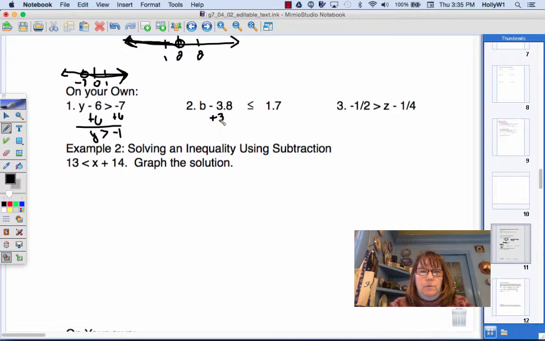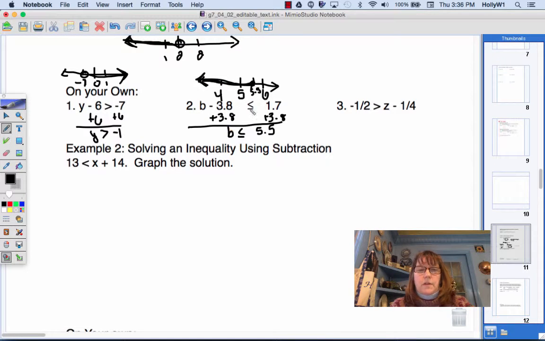I'm going to add 3.8 to both sides, and I am left with b is less than or equal to 5.5. Again, if I draw the number line over here, I am going to put 5 here, 6 here, and 4 here. 5.5 is right here in the middle. It is a nice big solid dot because it is less than or equal to. Then we go this way because